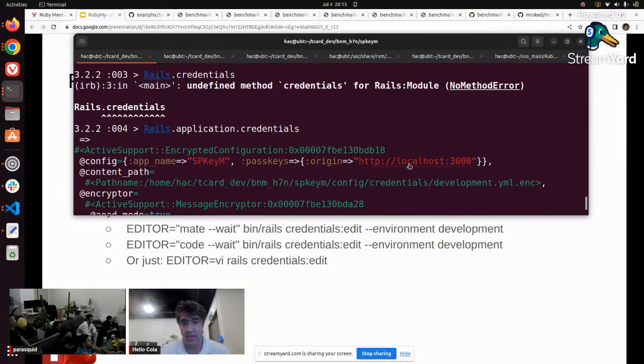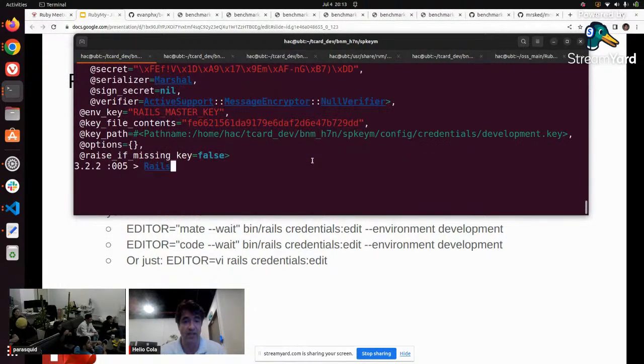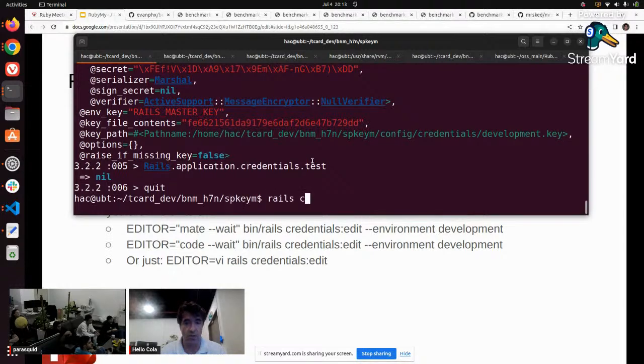Passkeys and this. You see that what I just set is not here. The reason it's not here is because I have development credentials, so what gets set at the global level doesn't show up in development. The way I would access that is rails.application.credentials. How did I call that? Global? No, test, the first one is test. So it's not here. But if I do this now,